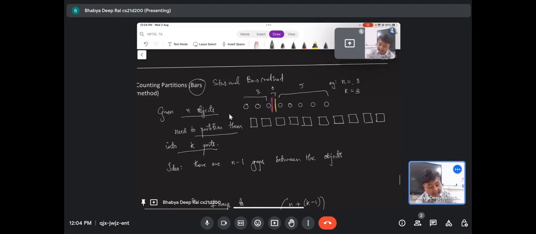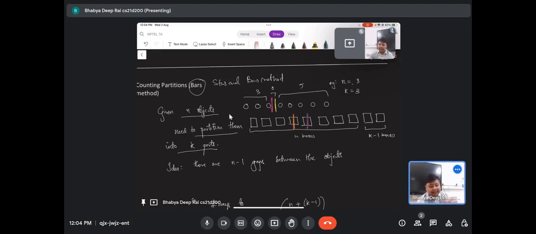I make n boxes, 1 2 3 4 5 6 7 8, n boxes, and k minus 1 more boxes to accommodate for the bars. Now if I put a bar here, 1 2 3 4, and I put a bar here,